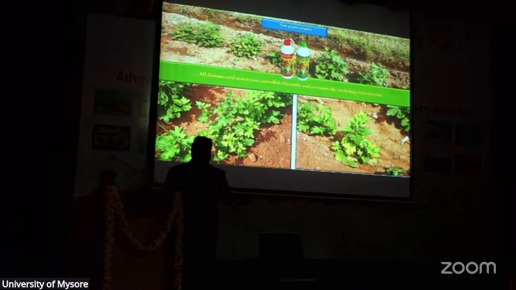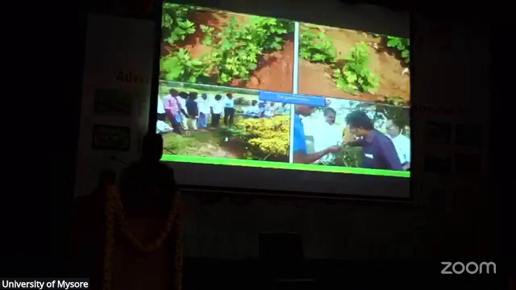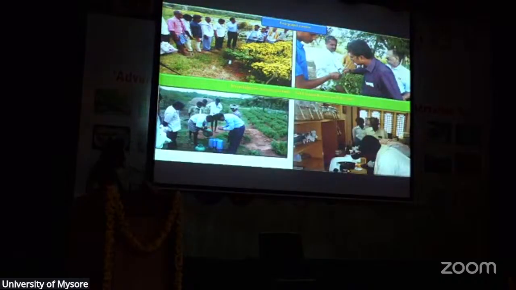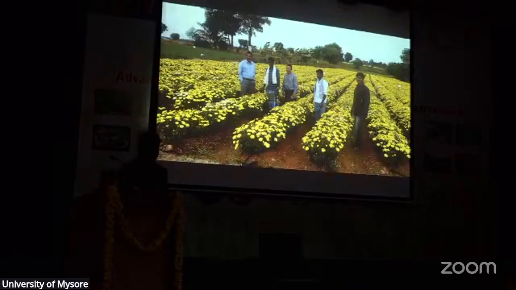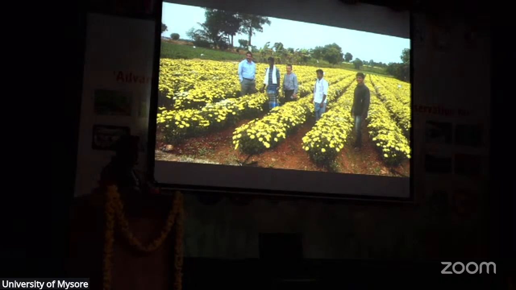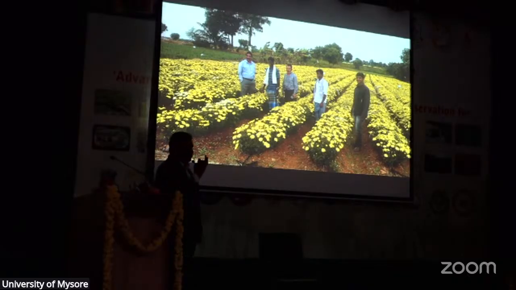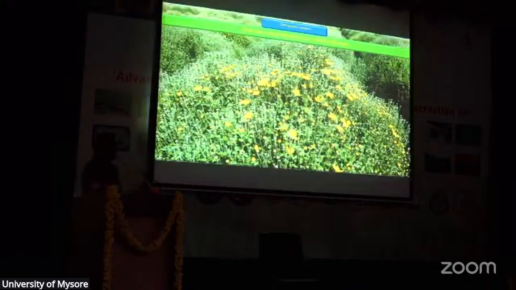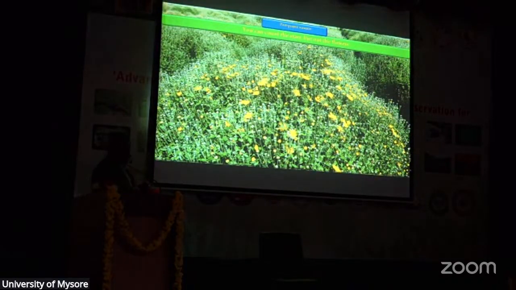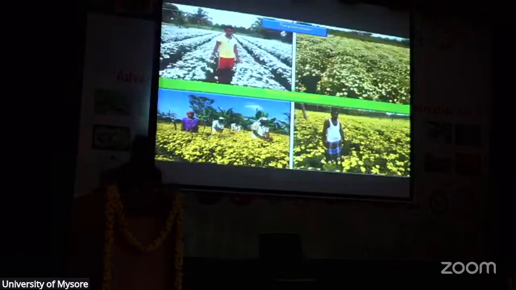You can clearly see how the virus-affected plants are recovering from the infection. We conducted a lot of training programs, both on the field as well as indoor. As a result, you see the uniform crop stand, excellent yield. You can count the number of stars, but not the number of buds or flowers here. This is the potential of the variety, the potential of the crop they were growing.